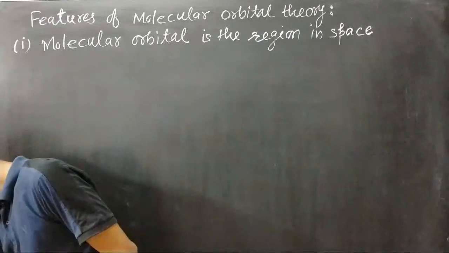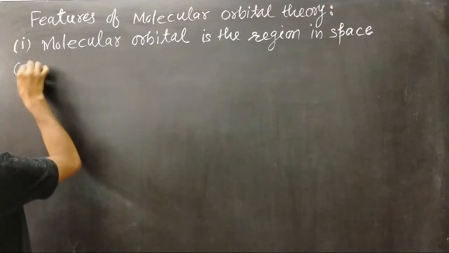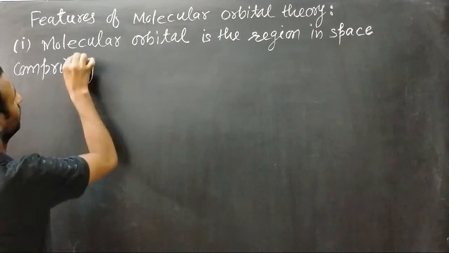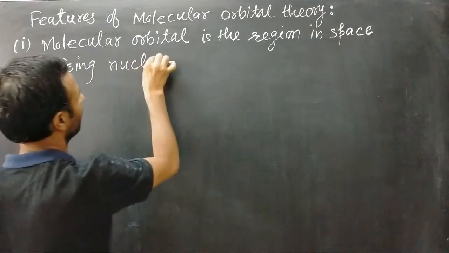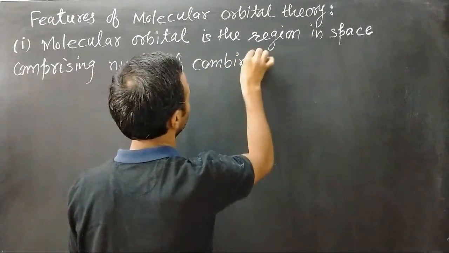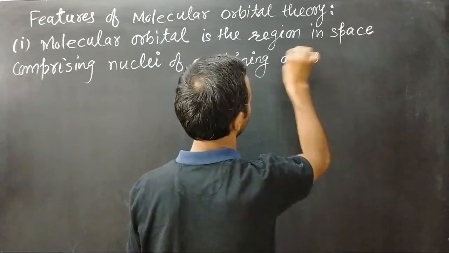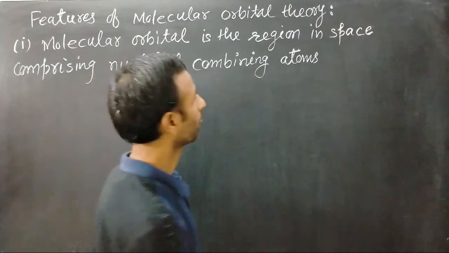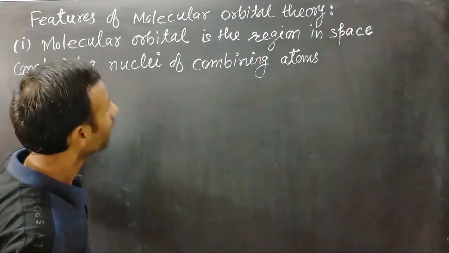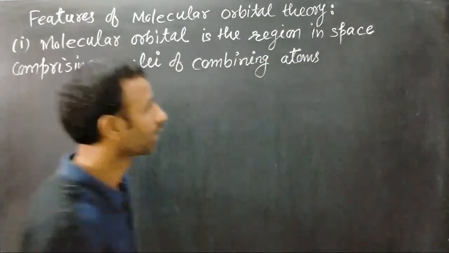Molecular orbital definition: region in space comprising nuclei of combining atoms. Okay, it is the region in space comprising nuclei of combining atoms